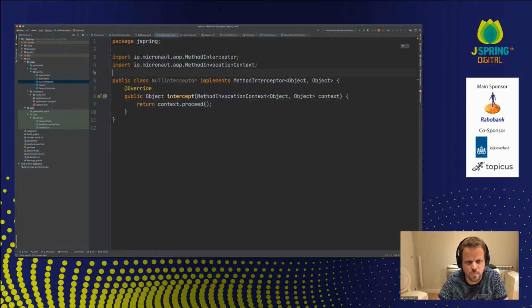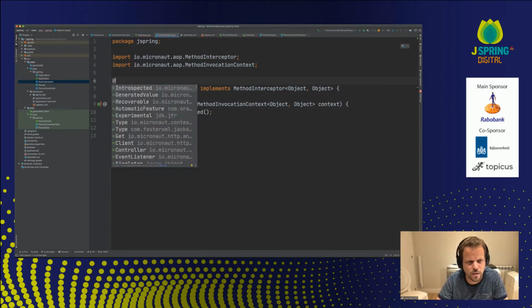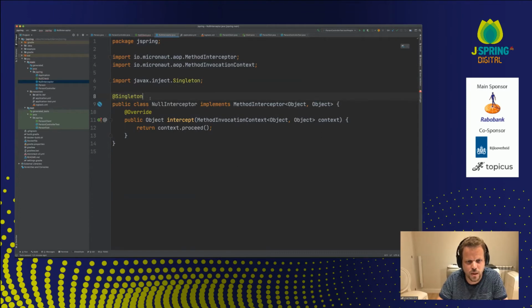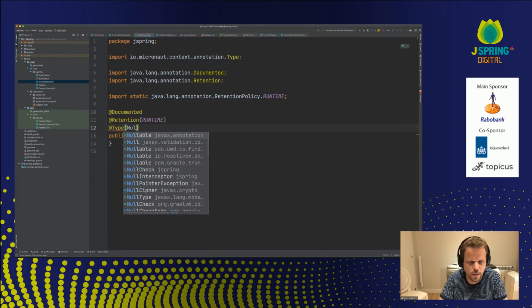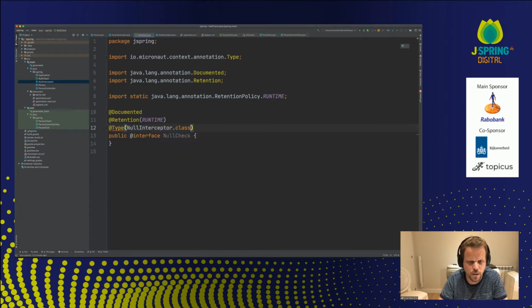And this is going to be a singleton bean. So @Singleton is how you define a particular scope for a bean. So I'm defining a method interceptor for Micronaut AOP that's going to intercept method invocations. And the way you link it together is you say null interceptor.class. So this null check will invoke this null interceptor.